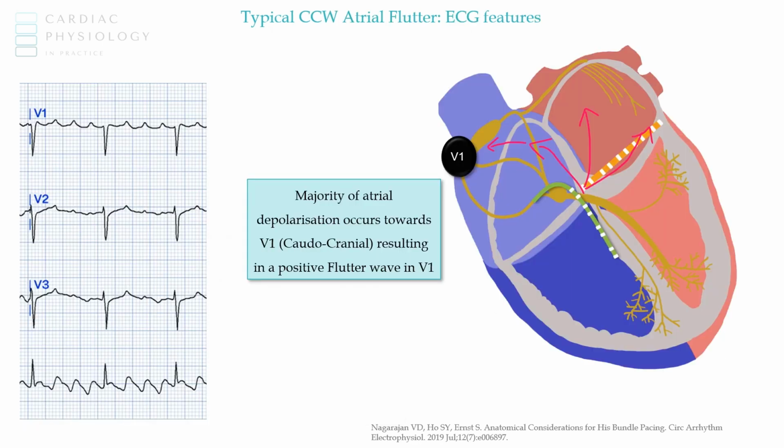In typical anti-clockwise flutter, V1 is dominantly positive because the majority of the atrial muscle mass is depolarized upwards. So the interatrial septum is depolarized upwards, and so at least half of the right atrium and most of the left atrium is depolarized caudal to cranial, so in an upwards fashion. And since V1 sits fairly high up in the chest, most depolarization moves up towards V1, resulting in a positive flutter